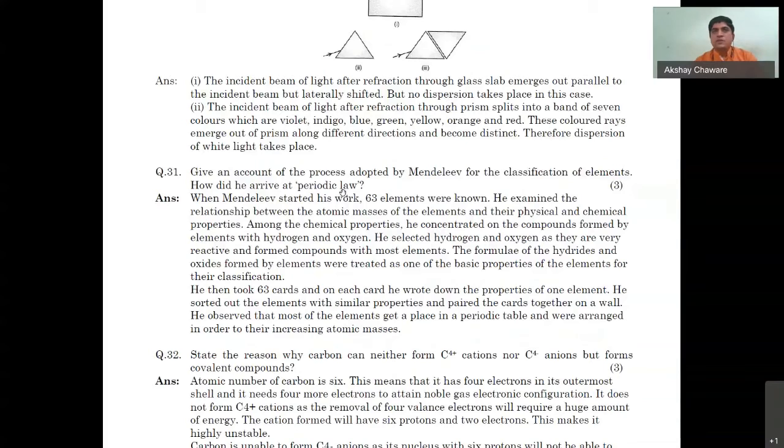तो यहाँ पे आपको मेंडेलीव के मेरिट्स डीमेरिट्स एक्सप्लेन नहीं करने हैं. मेंडेलीव पीरियोडिक टेबल का बेस क्या, मेंडेलीव ने कौन सी स्ट्रेटेजीज अप्लाई की, कैसे कैटेगराइज किया, that explanation you have to give. And then at last you have to explain Mendeleev's periodic law, not the modern periodic law. Many students have explained the modern periodic law.